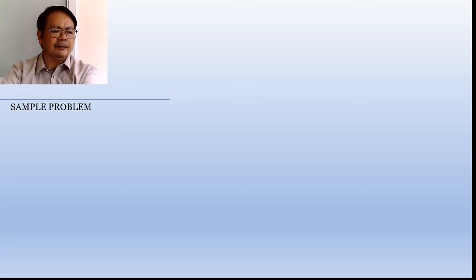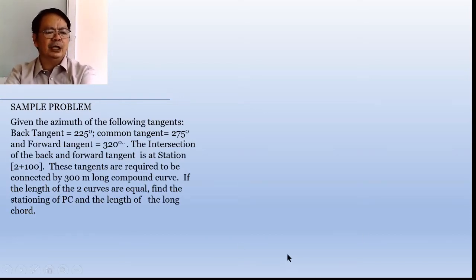Let us have the sample problem. Given the azimuth of the following tangents, the back tangent at 225 degrees, the common tangent at 275 degrees, and the forward tangent at 320 degrees, the intersection of the back and forward tangent is at station 2 plus 100. These tangents are required to be connected by a 300 meters long compound curve. If the length of the two curves are equal, find the stationing of the PC and the length of the long chord. So, hinahanap daw dito yung stationing ng PC at yung length ng long chord